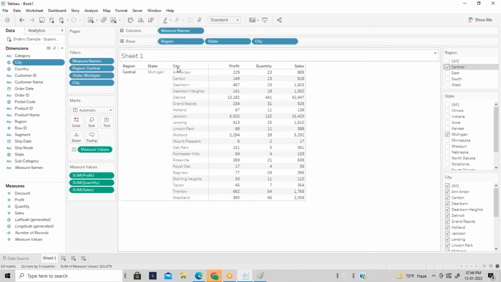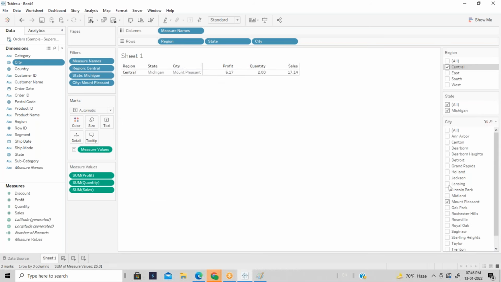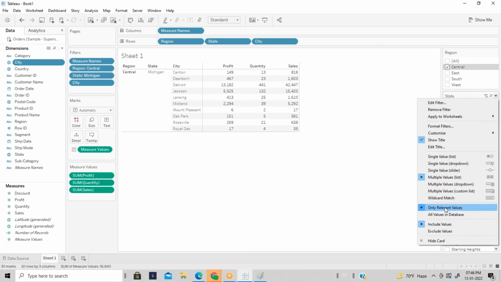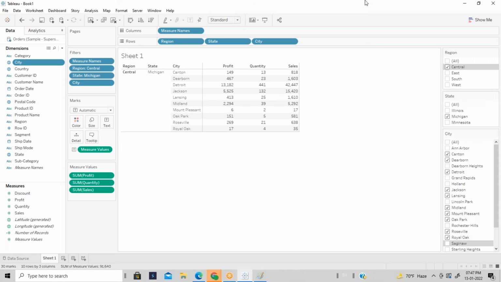Under Michigan, you will have the list of cities, and under these cities I can choose only the specific cities' information. This is nothing but a cascading filter. To define the cascading filter, you have to select the option as only relevant values.